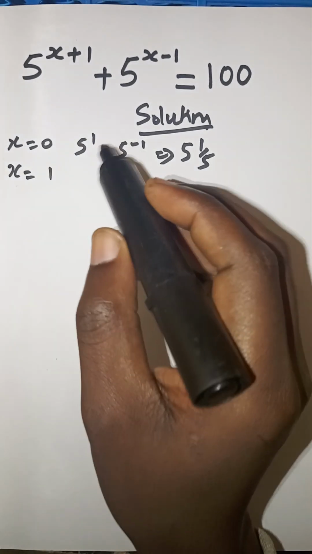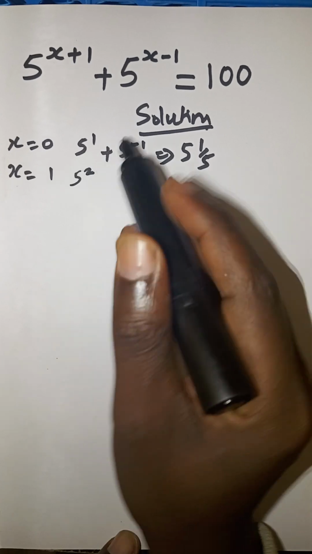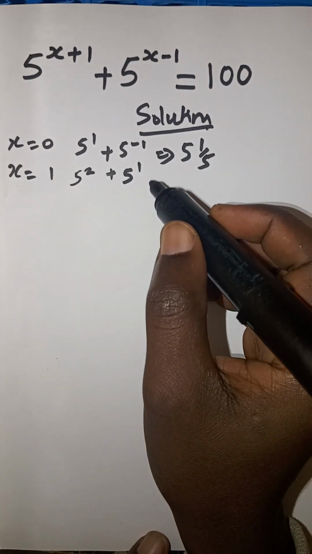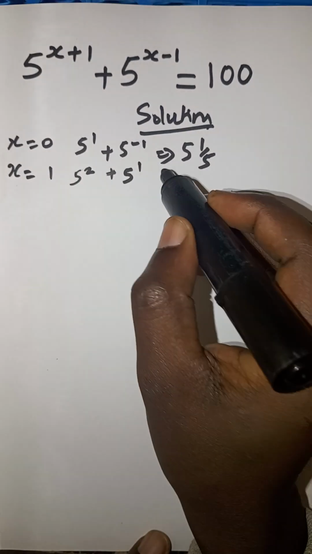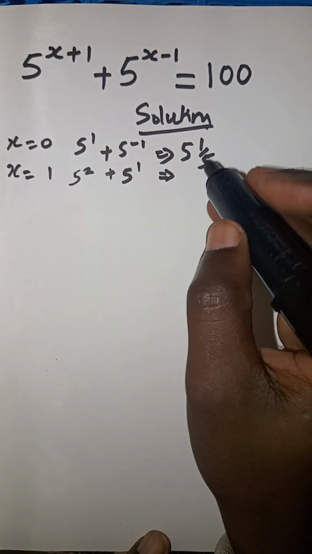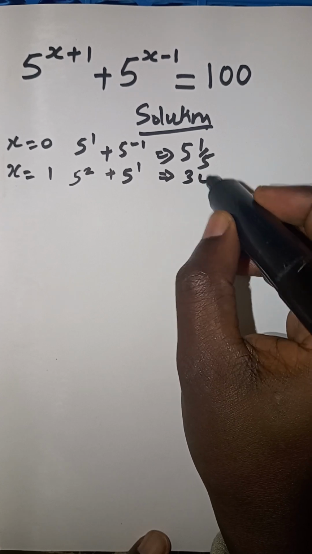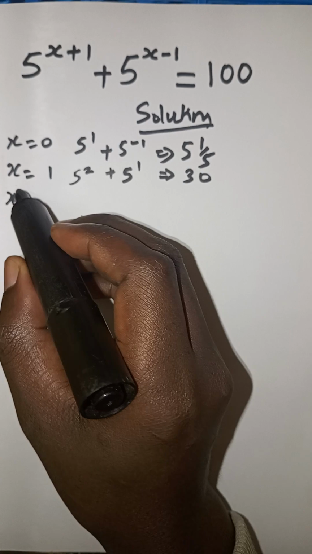So when x is equal to 1, this is going to change to 5 to the power 2, add 5 to the power 1. When I take 2 minus 1, it's going to be 1, meaning this changes to 25 plus 5, that is of course 30. So we can go ahead. When x is equal to 2,